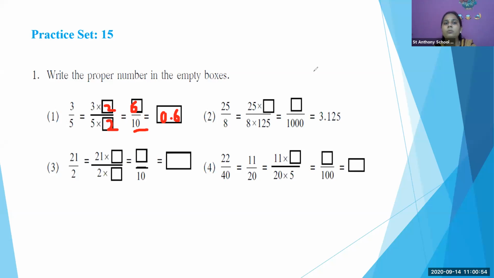Okay. Now, very good everyone. Now 8 into 125. If the denominator gets multiplied with 8, the numerator remains as it is. See here 8 is there, here also 8 is there. Now if 8 gets multiplied with 125, 25 will also get multiplied with what? Same number, that is 125. These sums are very easy. Why? Because here it is clearly mentioned 125 in the denominator, we also multiply by the same number with this 25.